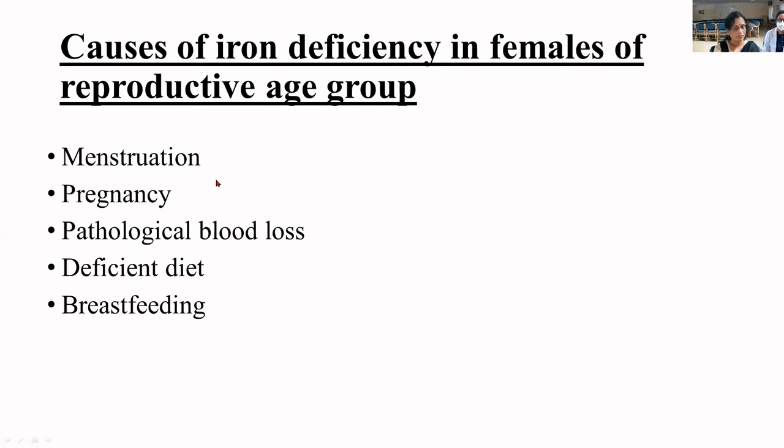So causes of iron deficiency in females of reproductive age group, I already told, starting from pregnancy, complications of pregnancy, to malignancy, that is carcinoma of the endometrium. Yeah, deficient diet, breastfeeding, pathological blood loss. Deficient diet, why? Even today we see